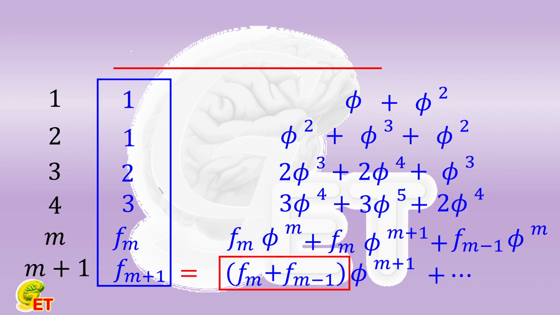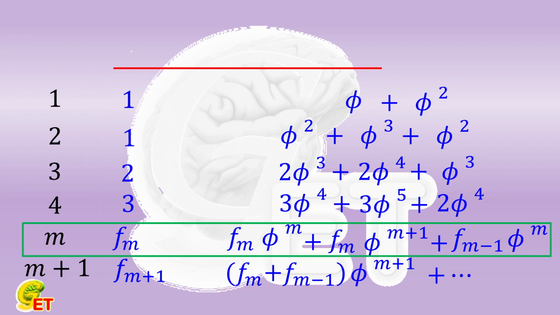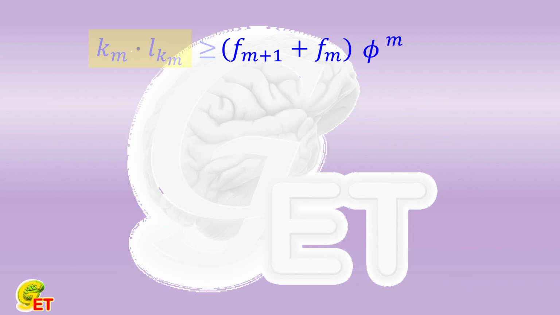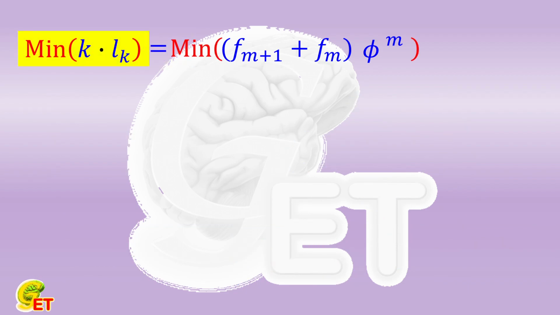We use the situation after the mth group of cuts for the further analysis. At this time, the longest length is phi to the mth power. And there are a total of double Fm, plus Fm minus 1 segments. That is, Fm plus 1, plus Fm segments. We have explained that, after the cuts for the times which are the same as this first mth groups of cut, no other ways will result in the value of k times Lk shorter than the cut in this manner. Therefore, finding the particular m that corresponds to the minimum value of this expression will result in the minimum value